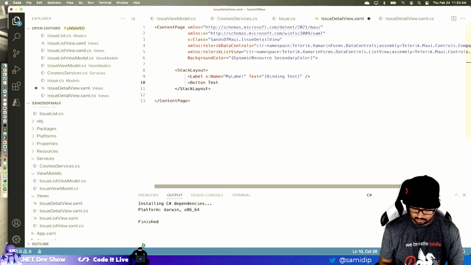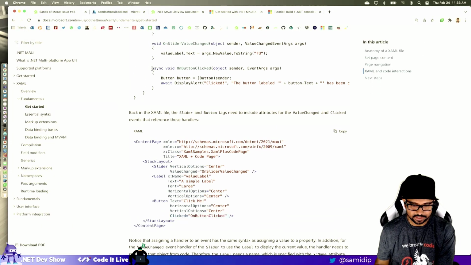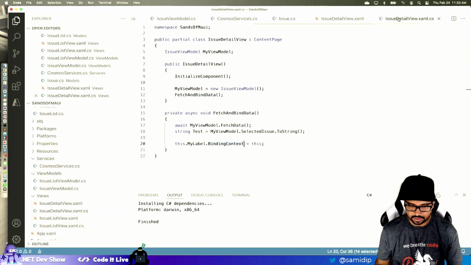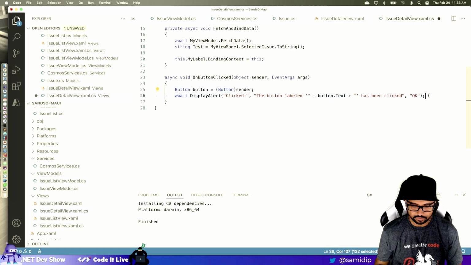Text equals sanity check. Clicked is that. Okay. Now let's copy the button click event handler because it has the sender and the event args, which we don't need. We just need to be able to check if this thing is working because I can't debug very well. All right, button clicked. I don't need any of this.